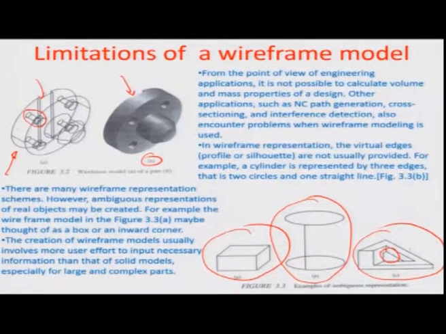So, the creation of wireframe models usually also involves more user effort to input necessary information, and therefore, the strategy changed into a slightly more complex technology which is called solid models, and for large and complex parts people started using solid modeling approaches. Before we get into the details of solid modeling, we would like to talk a little more about